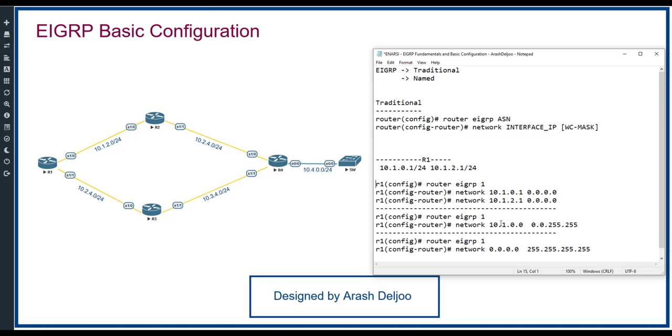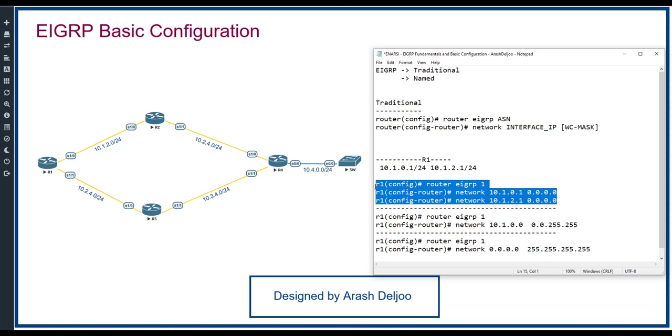For example, if you use the last method, the configuration may be easier, but when you have one interface and you don't want to add that interface to EIGRP, you will have a problem. Because of that, it is better to select each interface one by one with the more specific wildcard mask 0.0.0.0. In this class, I am going to use only